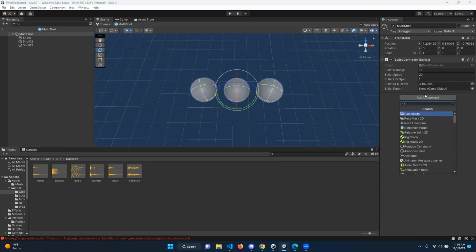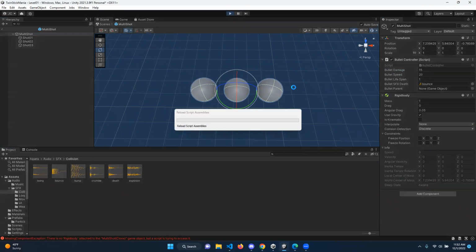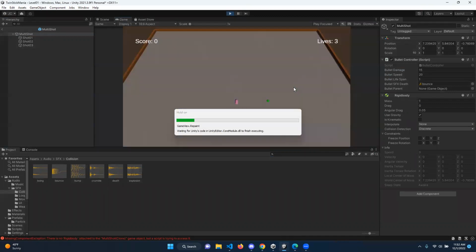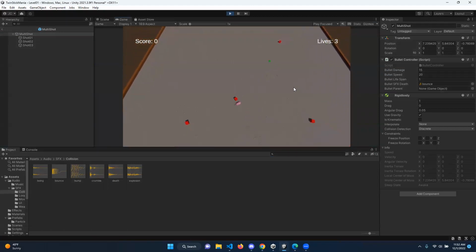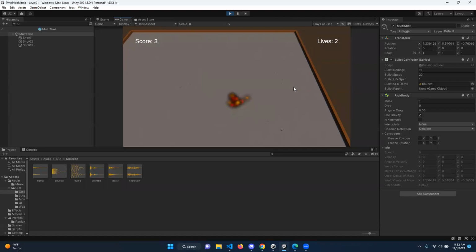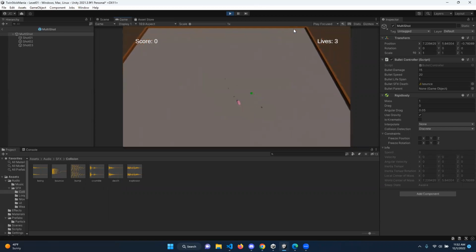We need to add rigid body to it. And we need to add box. It makes it difficult. Let's see if that at least works to start with. Yeah, so it's shooting 3, but it's not looking super great. I was hoping to make it a little simpler by just doing all 3 shots in one thing as opposed to the way I originally did it. But